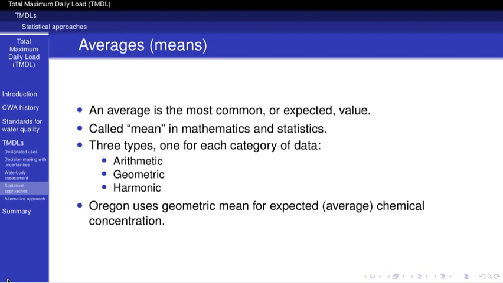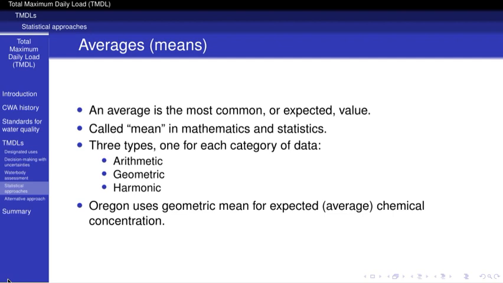There are three types of expected values called means in probability and statistics. First, the arithmetic mean. This is the central value in a distribution of continuous variables such as geochemical concentrations. Second, the geometric mean. This is the central value in a distribution of positive numbers that represent rates such as investment returns or rate of growth. Third, the harmonic mean, which is the central value of a set of numbers defined in relation to a unit such as speed, which is distance per unit of time.